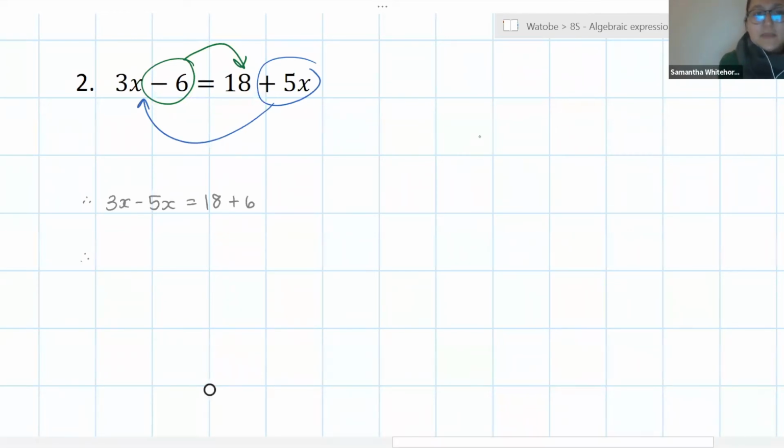Okay, so 3x minus 5x gives me? 3x minus 5x is equal to, I wrote it 5x minus 3x, and I got 2x. Okay, so because it's 3x minus 5x, I'm taking away more than what I had, so it'd be a minus 2x. Okay, cool, keep going. What happens with the 18 plus 6? It becomes 24. And then in order to get the x on its own, we divide it by 2. And we do that on the other side as well by 24, which makes the answer